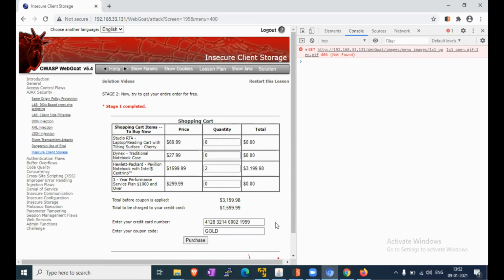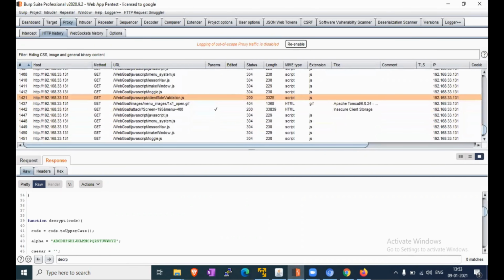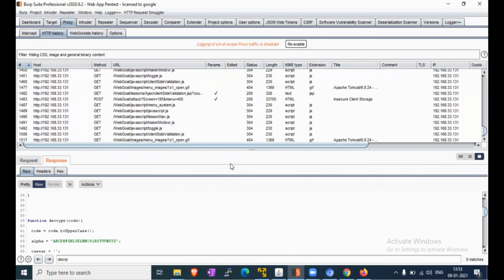Now we will check that particular event, the purchase request.